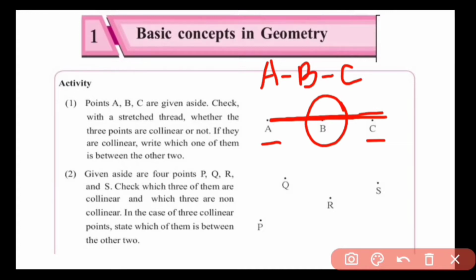So we will draw segments joining two points. So let us draw the segment PQ first. Then we can draw segment QR. Then we can draw segment RS. So when we draw all these 3 segments, we can see that no 3 points are in the same line. That means no 3 points are collinear. So property of betweenness cannot be applied here because all points are non-collinear points. We cannot say that which point is in between the other 2 points.